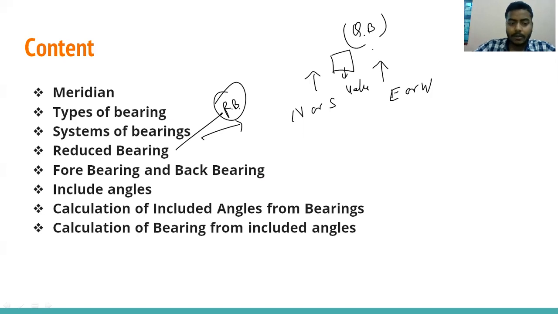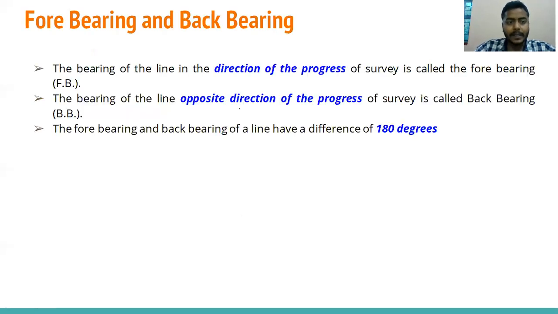In the previous lecture also I have discussed fore bearing and back bearing. You can see here the bearing of a line in the direction of progress. What is bearing? Bearing is the angle between the reference line and the line, right? Suppose this is the reference line. Always we take the reference line as north, and then this is the line